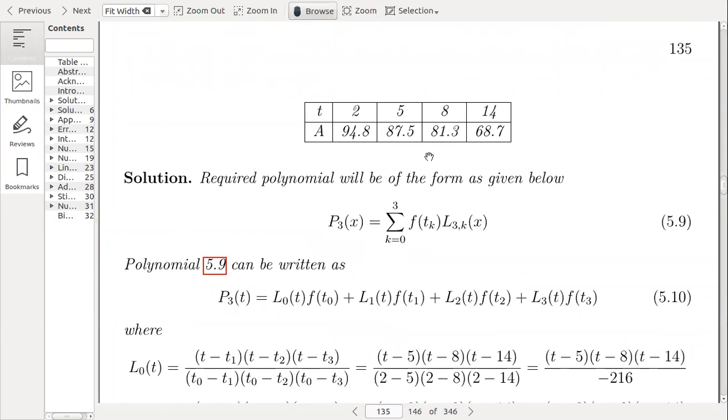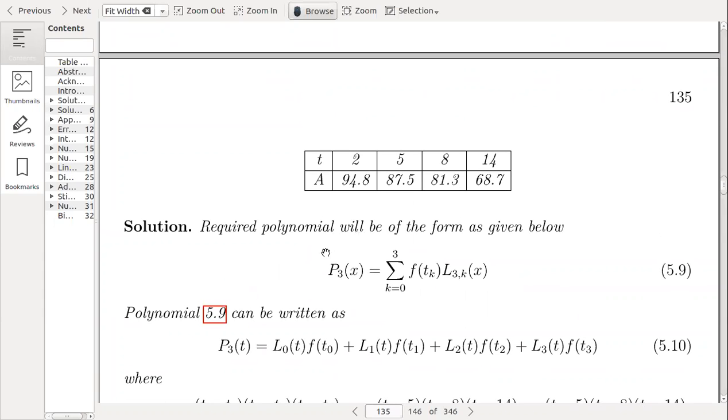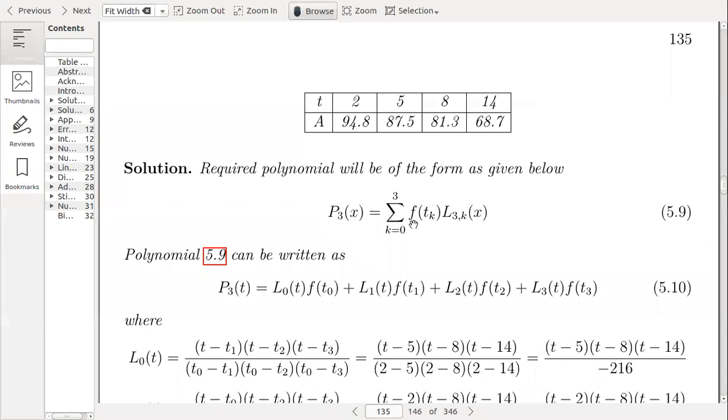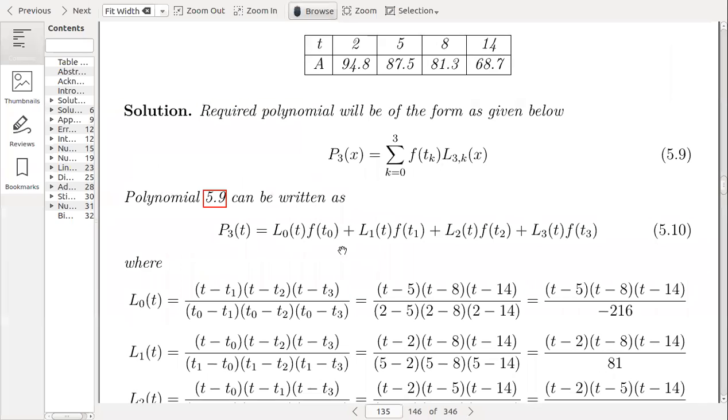Now the required polynomial. What will be the degree of the polynomial? We guess from the data points. The data points are 1, 2, 3, 4, so the degree of the polynomial will be 3. The required polynomial will be of the form sum for k = 0 to 3 of f(t_k) L3,k(t). So this polynomial can be written as L0(t) f(t0) + L1(t) f(t1) + L2(t) f(t2) + L3(t) f(t3),